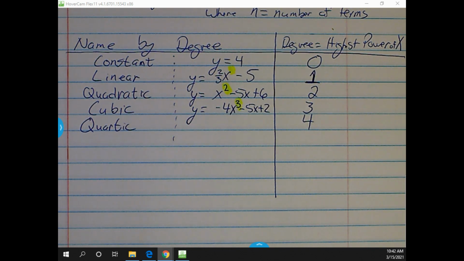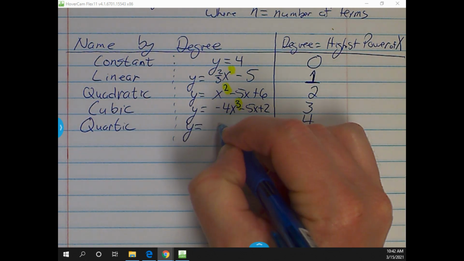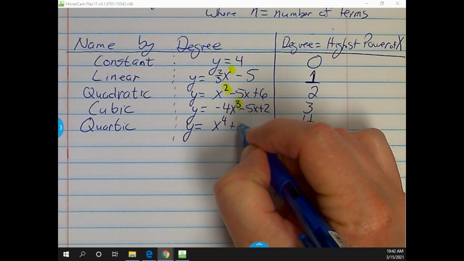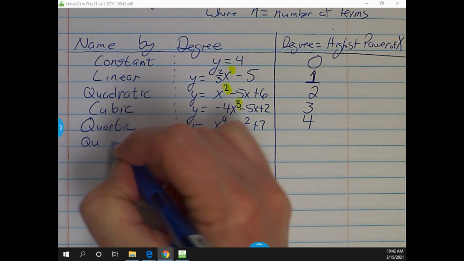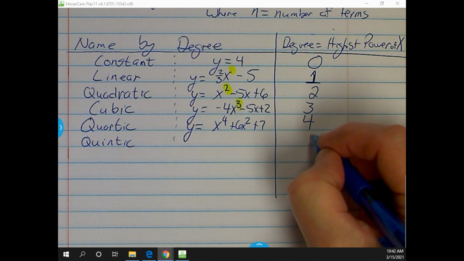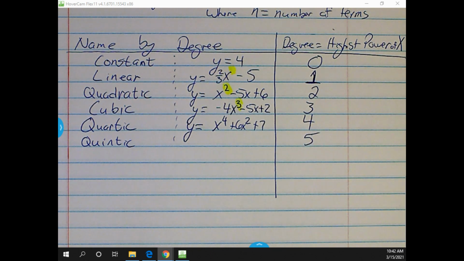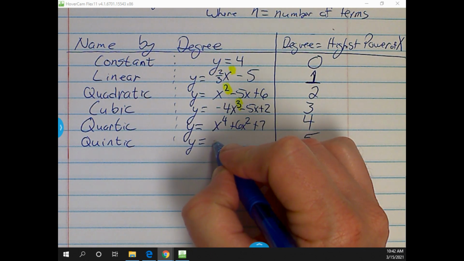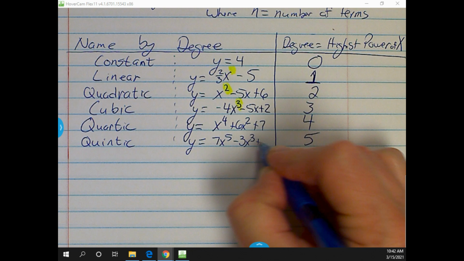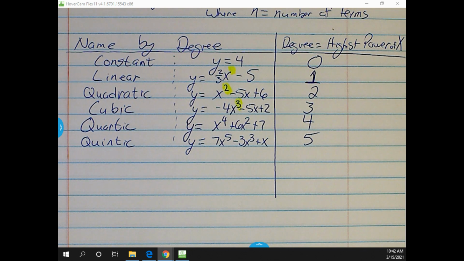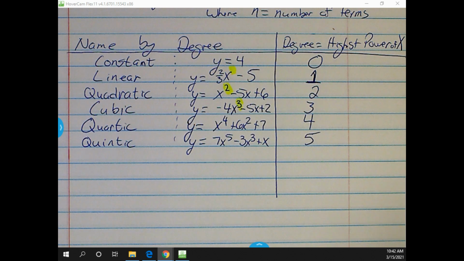All right, so quartic, because there's 4 quarts in a gallon, so this would be degree 4. And again, you don't have to have all the terms. It could just be x to the 4th plus 6x squared plus 7 or something like that. All right, and then the last one that we're going to look at is quintic. Well, if we keep going down the line, 1, 2, 3, 4, 5. Maybe something like that. But again, if you name it by degree, the main thing is you find your highest